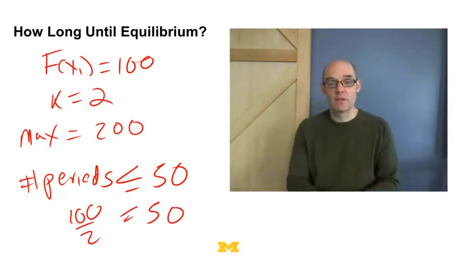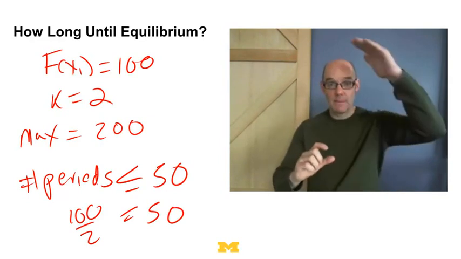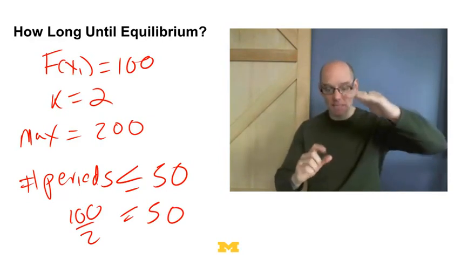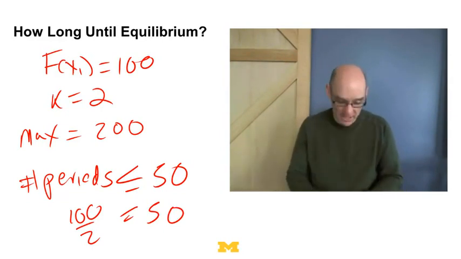So when we write down the Lyapunov function, if we can make k as big as we can possibly make it, and make the maximum as small as we can possibly make it, then we can put a bound on the number of periods. We can't say for sure. The process could stop in 1 period, it could stop in 2 periods, it could stop in 47 periods. But what we can say for sure is that the number of periods is going to be less than 50.